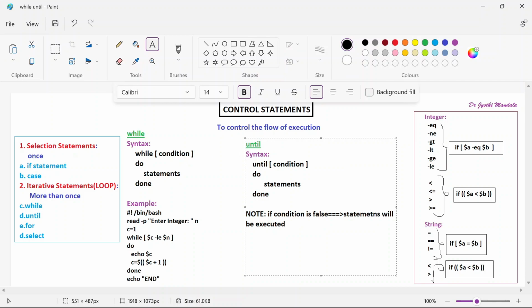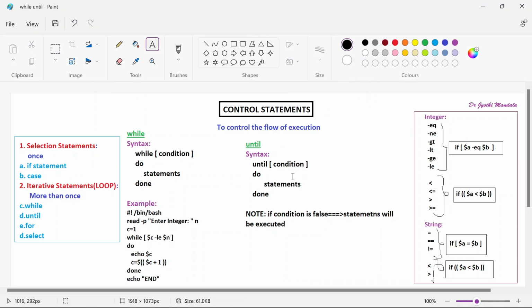Okay, in both the cases you need to understand when we need to use parentheses and when we need to use angle brackets. This is an important point because we keep on forgetting about this. Okay. So this is about while and until. I hope you all are clear with these two control statements. So explore this one,